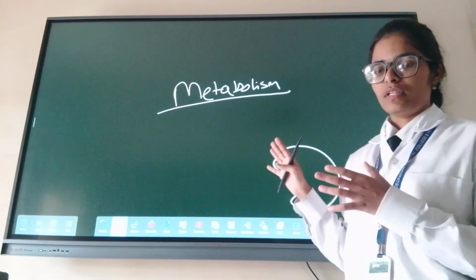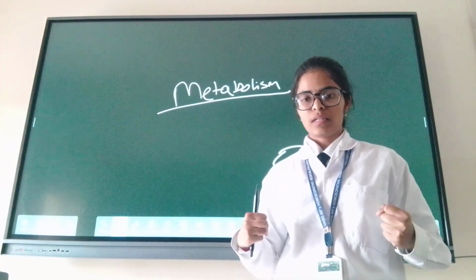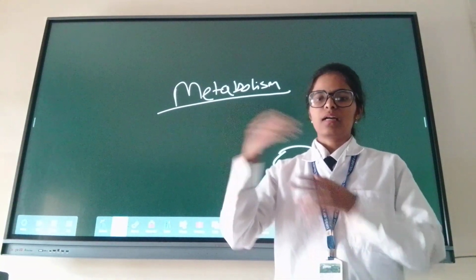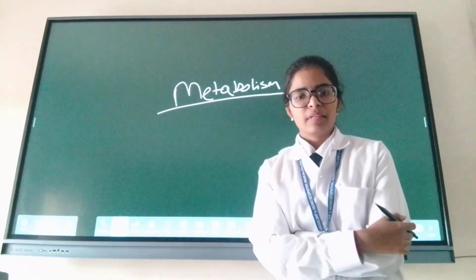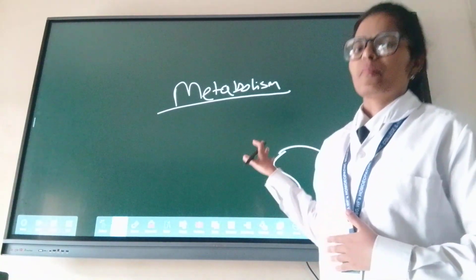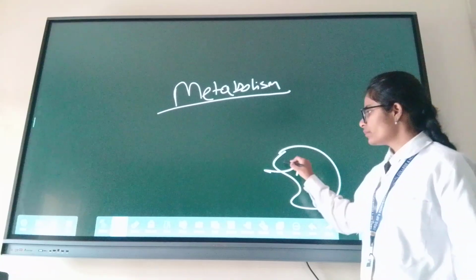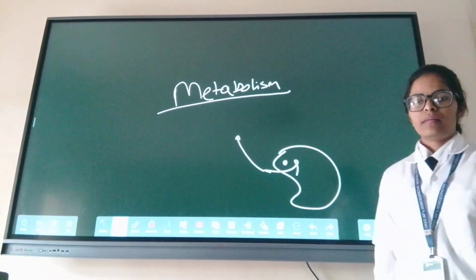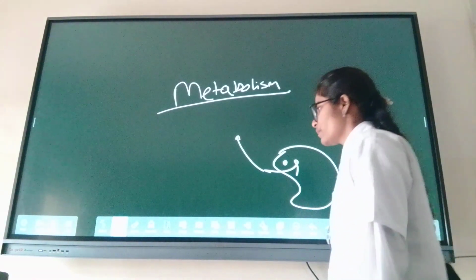So, in metabolism, what happens? Now the drug is absorbed, goes into the systemic circulation, goes into its effector cell, and it shows its action, again gets redistributed into the systemic circulation. Now where does it go? It wants to be eliminated. The drug's work is done, but it wants to eliminate now. It goes to the kidney and says, kidney, will you eliminate me? Kidney says, no, you are non-polar. First get polar, then I will excrete you.